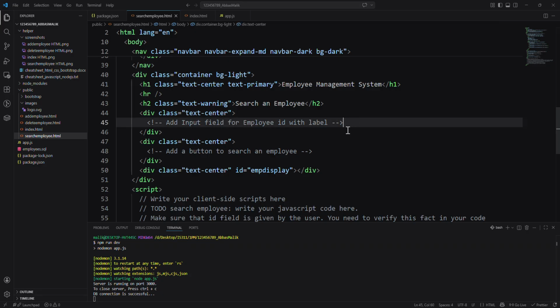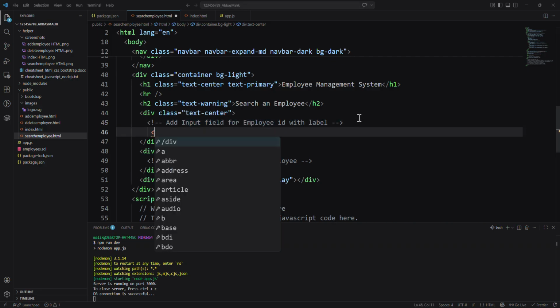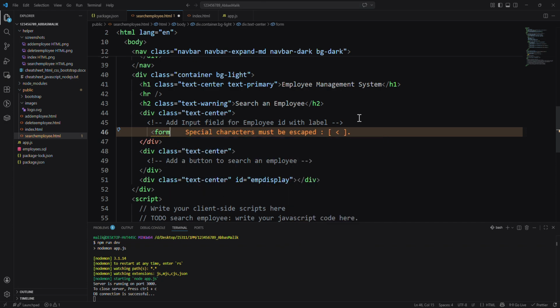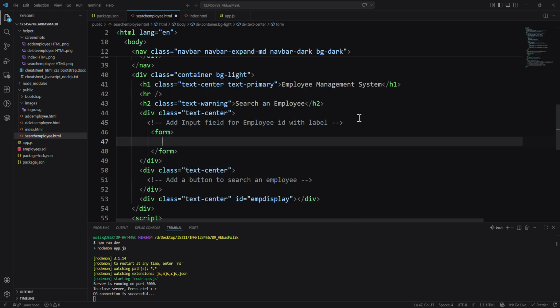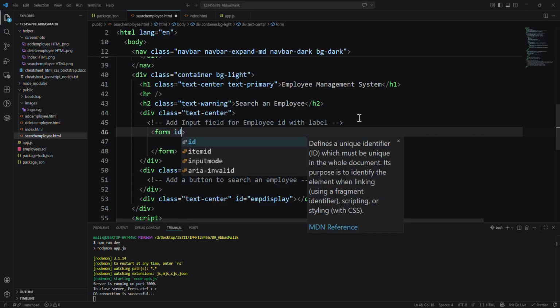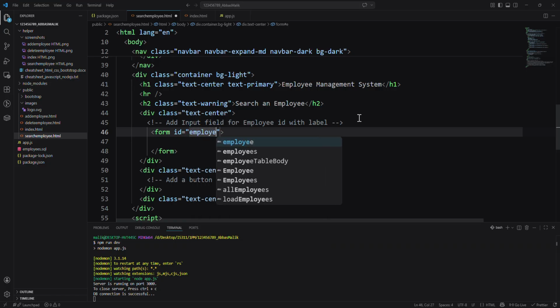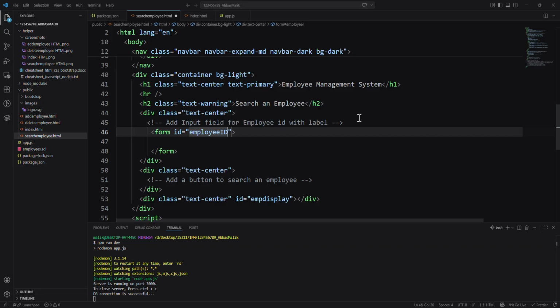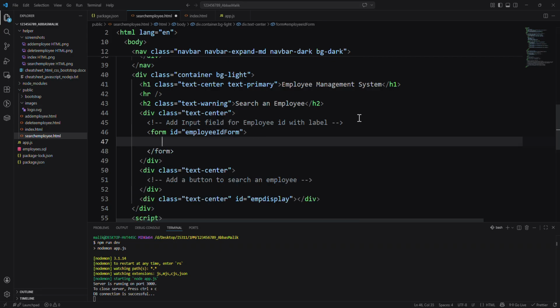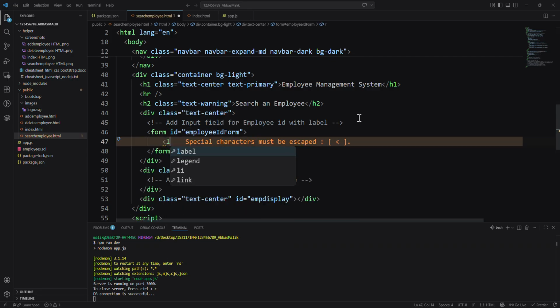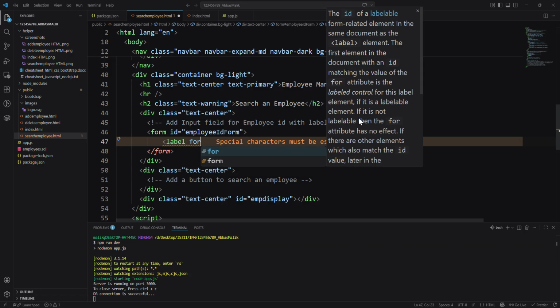So let me quickly add that. First of all, I want to add a form so that whenever we want to reset the information, we can do that. So we say it is an employee ID form, okay, and then inside we need to put an input, a label, and then we say for,